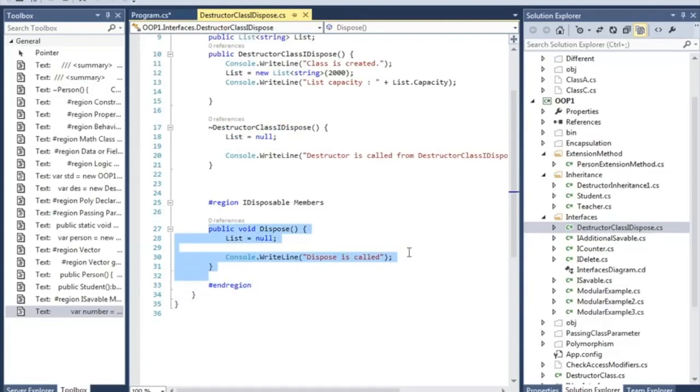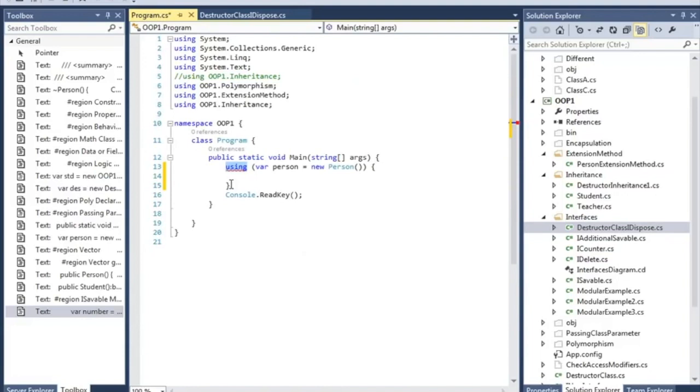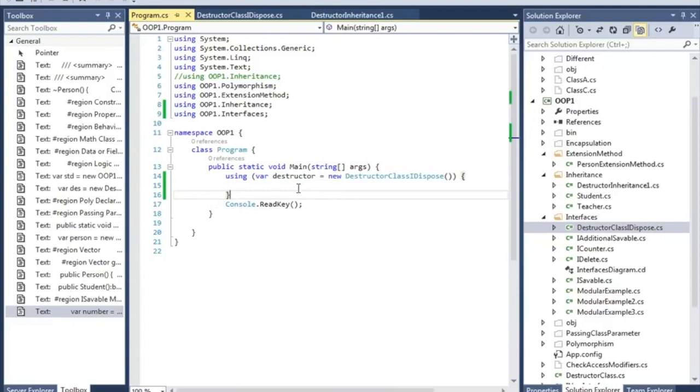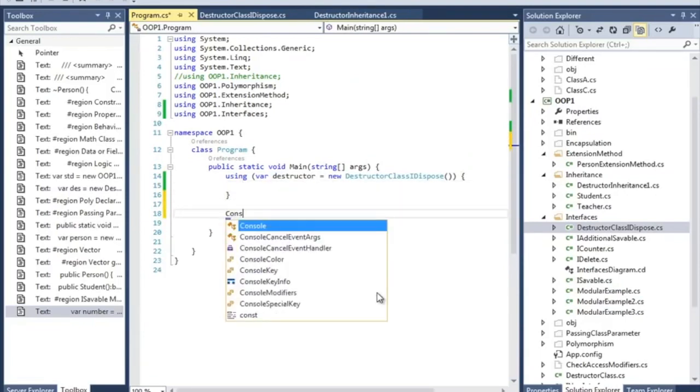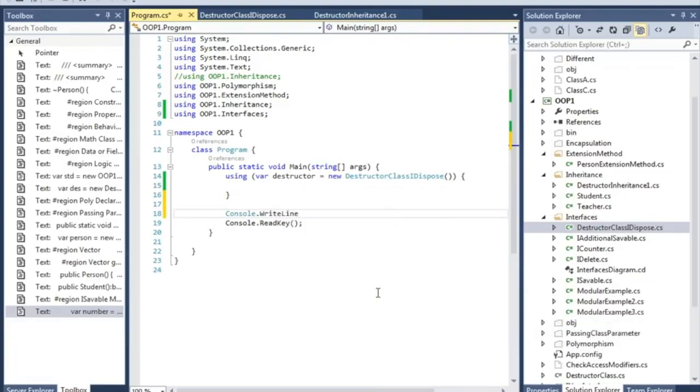What the dispose method does is it is called as soon as the using block is done. So let's see some example. Let's write a line here. That's it. So let's run our project.